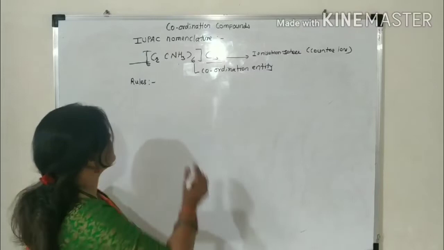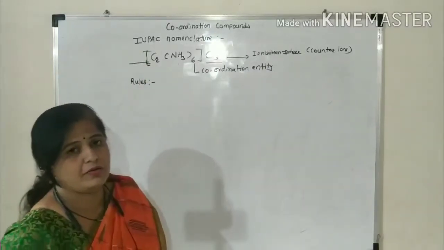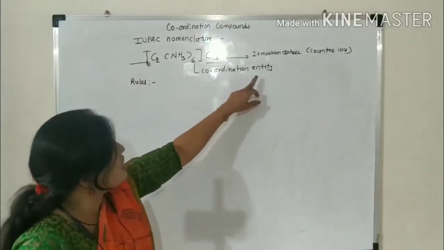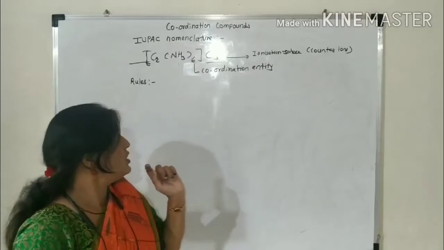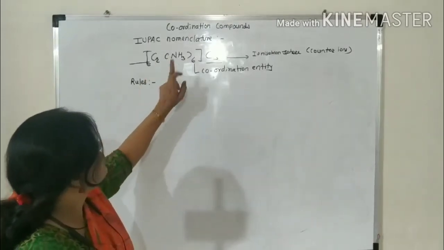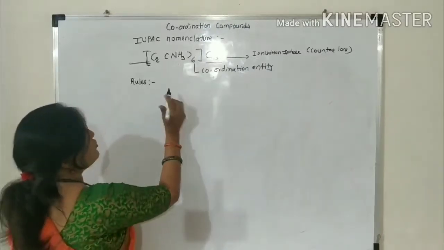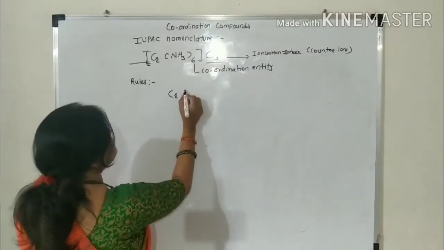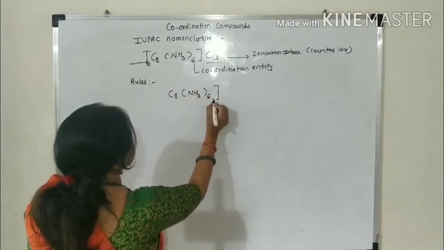And this chromium is the central metal atom. Then this entity inside the square bracket is called the coordination entity. Now rules. If we dissolve this coordination complex in water, you will get chromium NH3 6 times